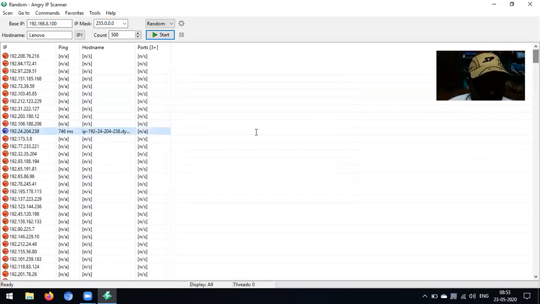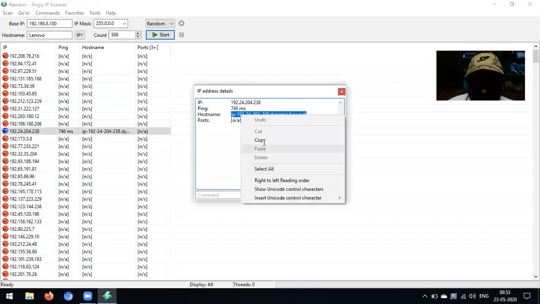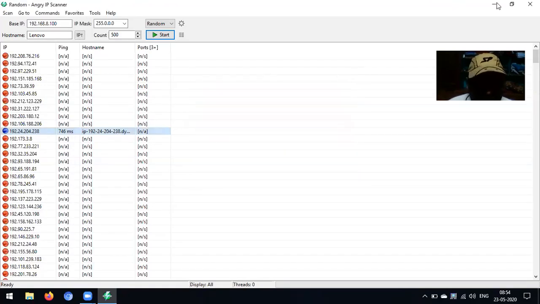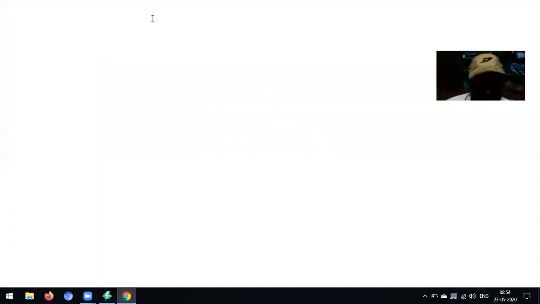Now I'm going to use the host name and put it into the browser, which is very useful. It is used to find all the hosted things. If a server is hosted, we can see everything in the browser, right? We can find everything using a browser. So today also we are going to use a browser.